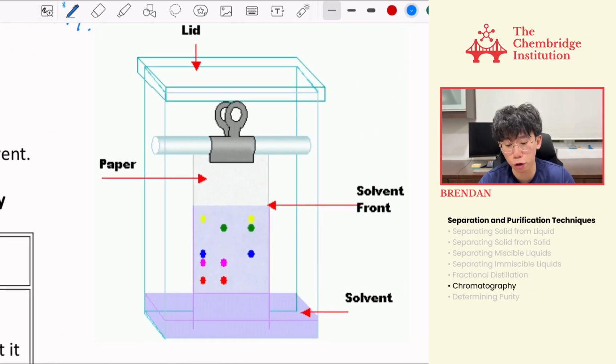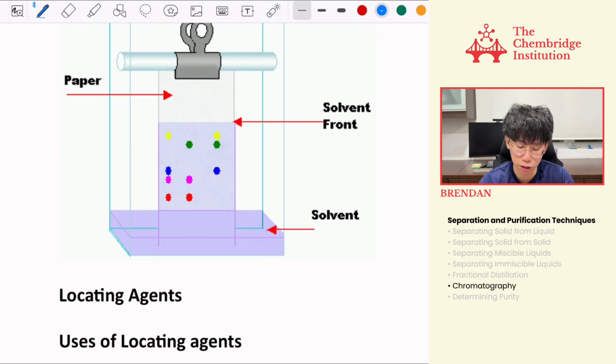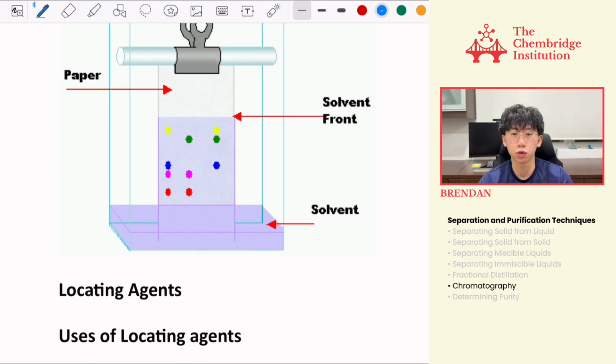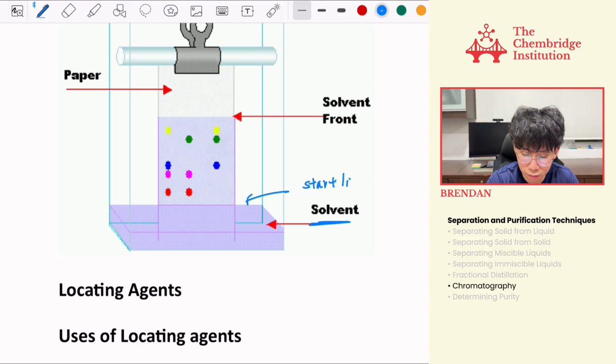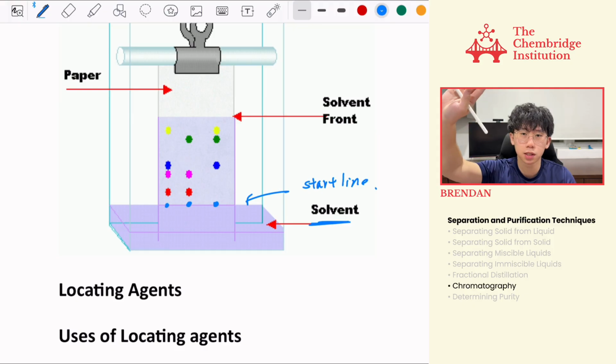So a typical setup for your chromatography would be as such, where you put it into a container, or you could actually just use a beaker, with the solvent first, and you have this chromatography paper which you set up. Usually you will have a start line, which is over here, and this start line will have the various spots at the start line,